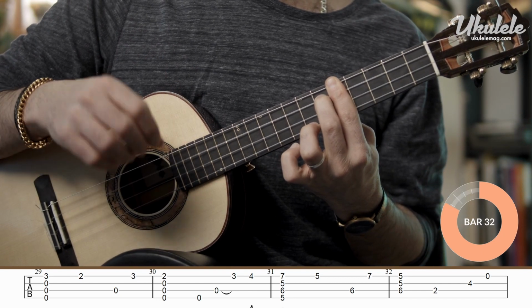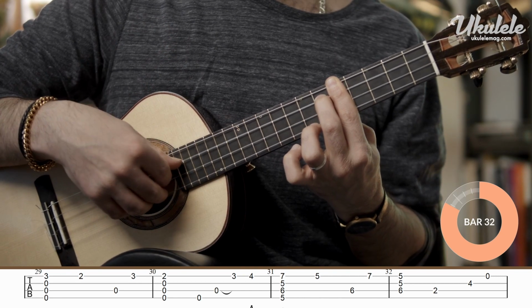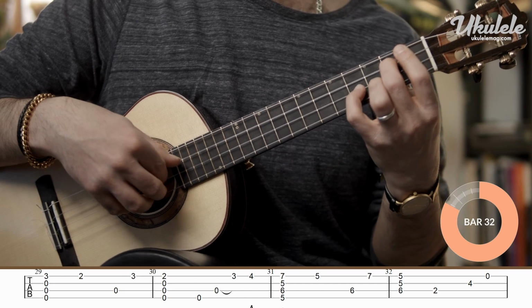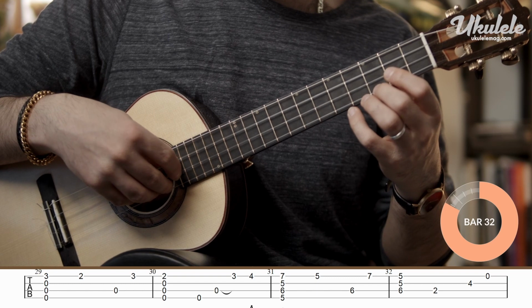Now in bar 32, I recommend you play it as a block so you have that beat ready. So that's 1, 2, 3, and depending on your tempo, right? So that's going to become...